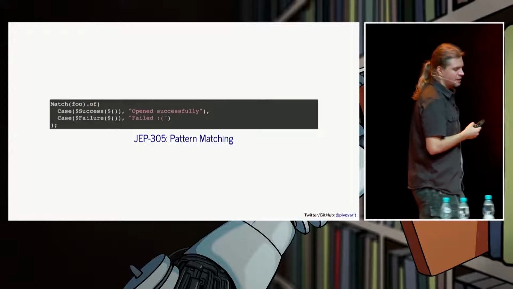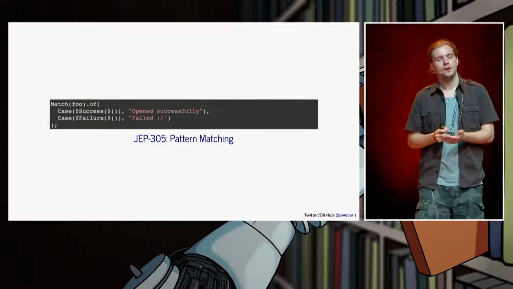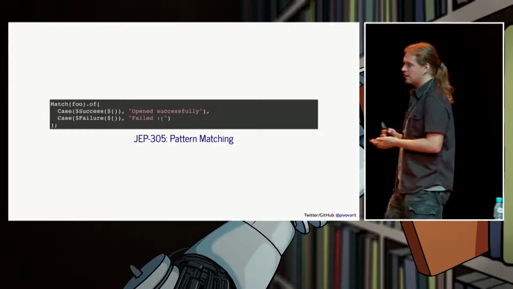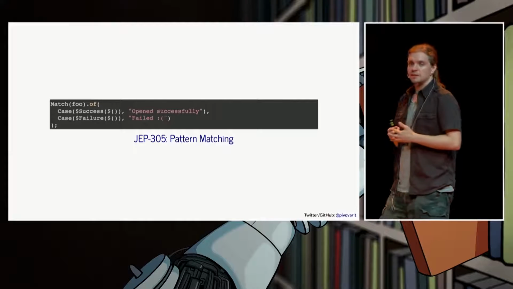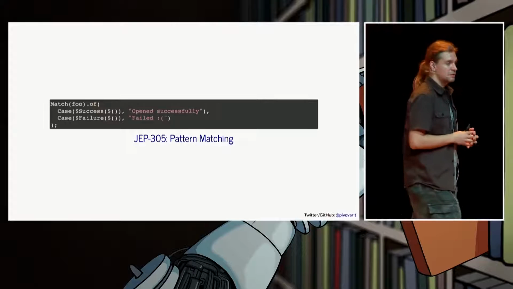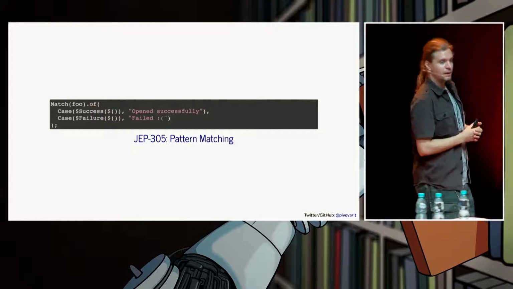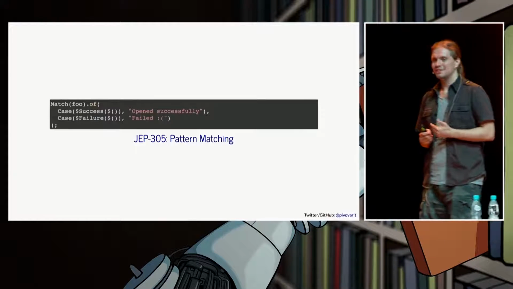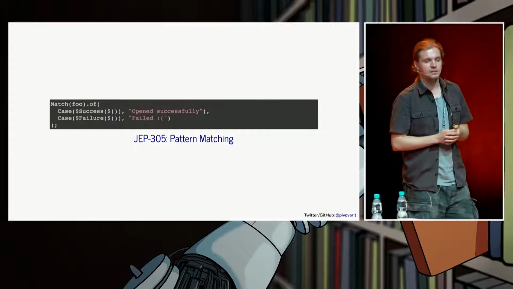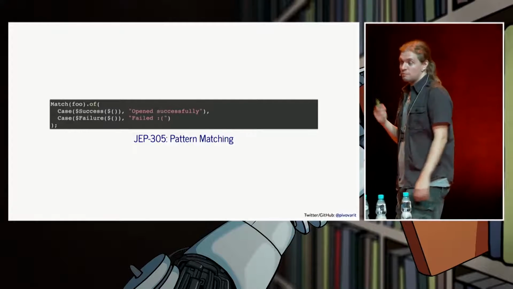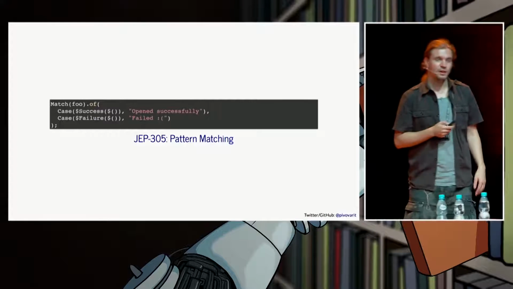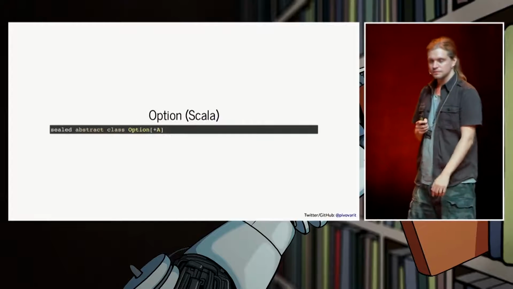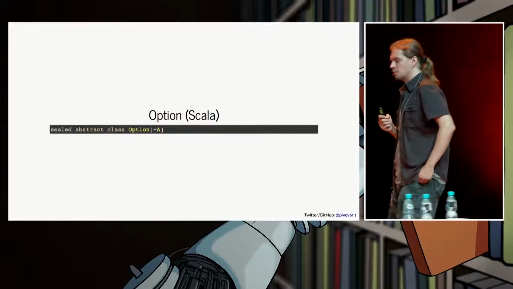Other than that, in functional languages, those tools are modeled in such a way that often those can be leveraged in pattern matching. Unfortunately, in Java, we can't do this. We can do this in Vavr, but it's not the most beautiful implementation I've ever seen. Well, it's great that it works, okay, but it's not very practical. But the great thing is that it won't be really needed soon, because we have JEP 305, and pattern matching will be coming soon to Java. Well, not in 11, not in 12 probably, but in some near future. So, let's go to another tool.